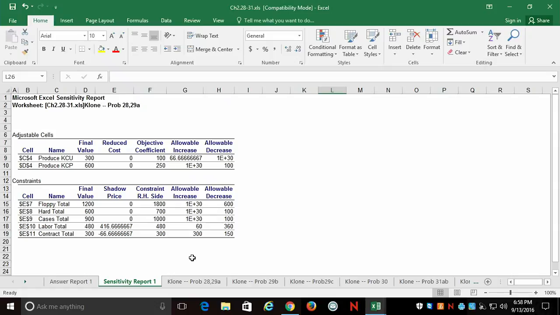And it has a shadow price. I'm guessing that's in minutes. Probably in minutes, or maybe it's hours. Is it in hours? Okay. So it's saying $416.67. So every additional hour would yield us additional profit of $416.67. And if we lost an hour, we would lose